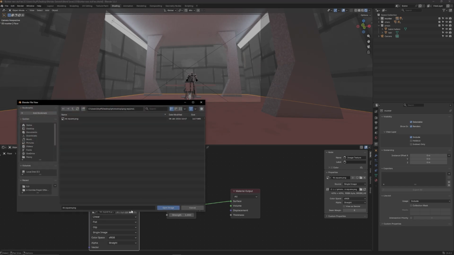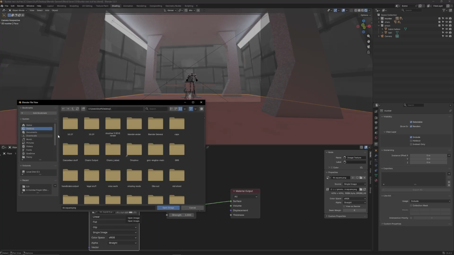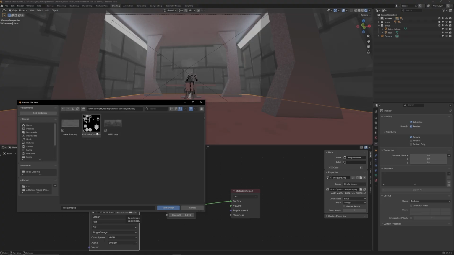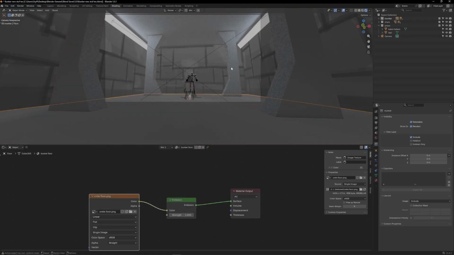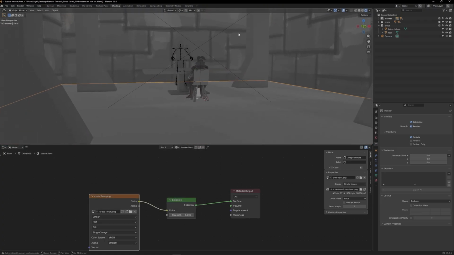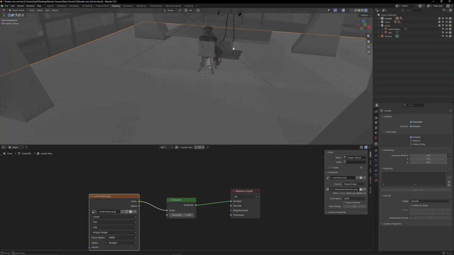I'm going to open our new image. Where did I put it? Where did I just put it? I have brain rot in here. Cool. Now with that done,